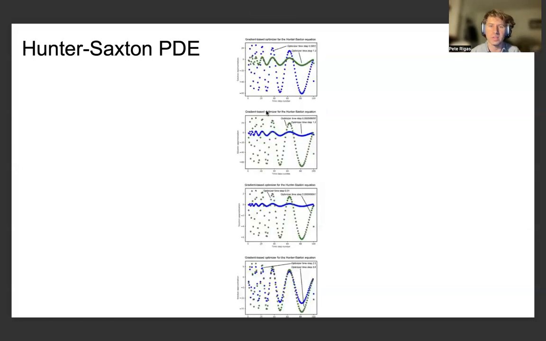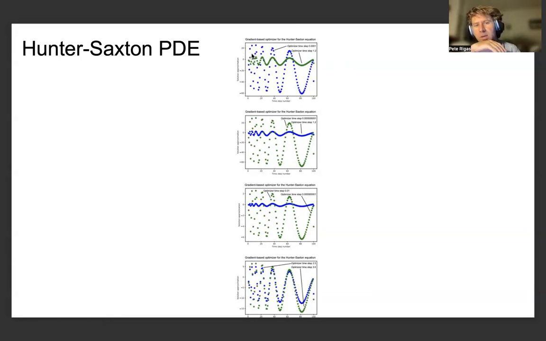And similarly, for other types of simulation results, we can zoom into a more narrow profile of motion for the Hunter-Saxon PDE from just 100 time steps instead of 500 time steps. And we can see that if we take the optimizer time step to be very small, namely 1 times 10 to the minus 3, in comparison to the optimizer time step of 1.2, which is given in the first plot